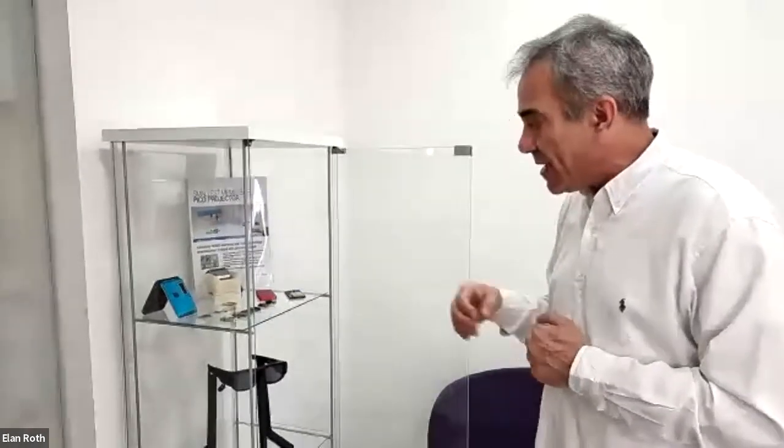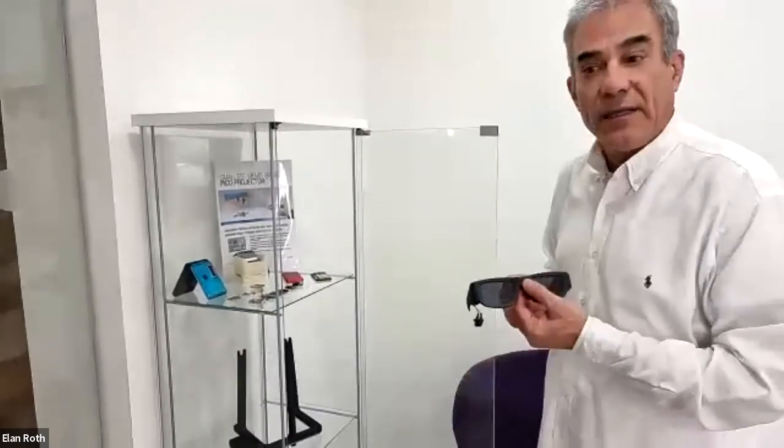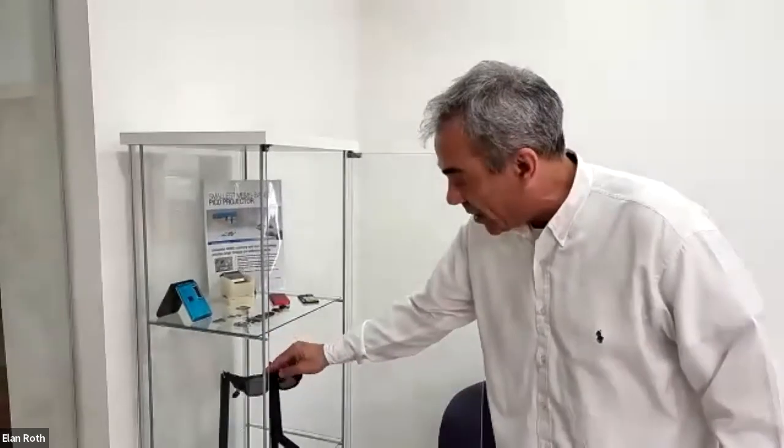The pico projector market didn't really succeed in picking up, but the technology actually found its place in other types of application and devices that we can see over here. For example, we're talking today augmented reality, virtual reality, mixed reality, basically some kind of a head-mounted display, a wearable device. We are working here at ST on the next generation of smart glasses, all-day wearable, and where we build basically the display engine in order to come up with the smallest possible display engine that exists today in the